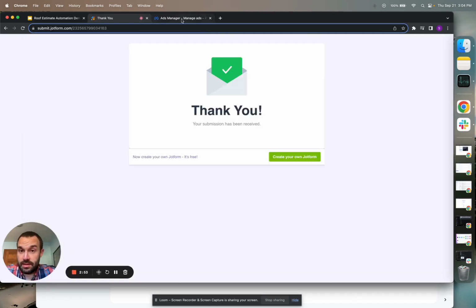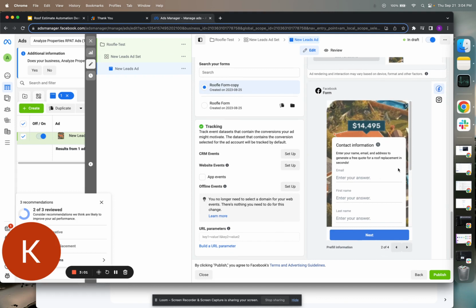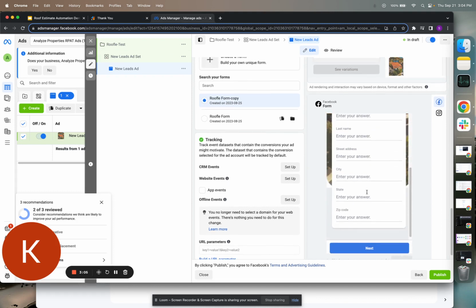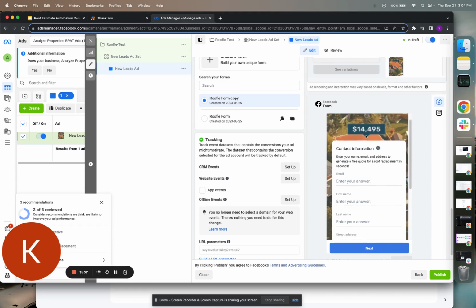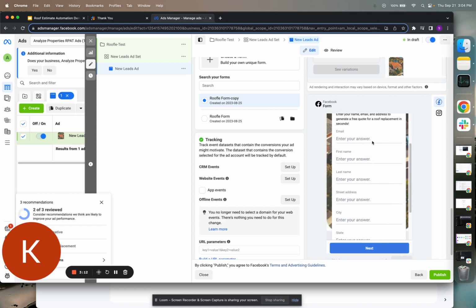Additionally, and this is where it gets really cool, we can integrate with things like Facebook lead gen forms. So you could run an ad campaign for, let's say, your roof company, and here you can just have a lead form pop up for the ad. So the user clicks an ad, lead form pops up, and the cool thing is it can pre-populate with the